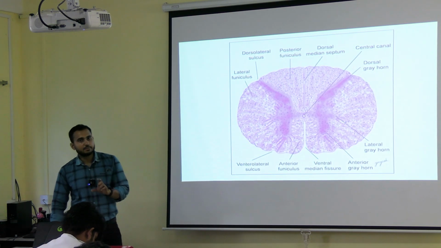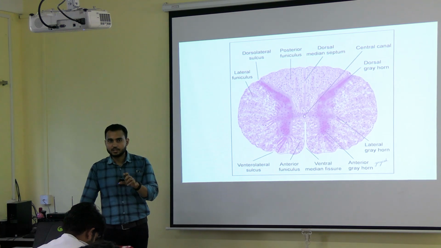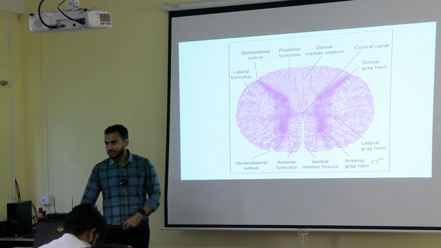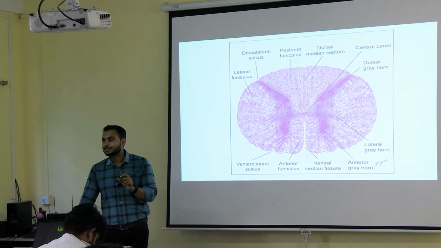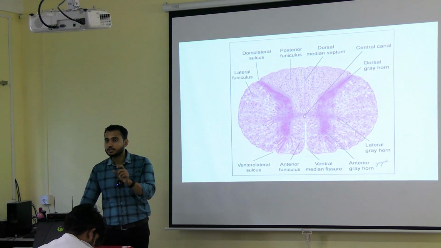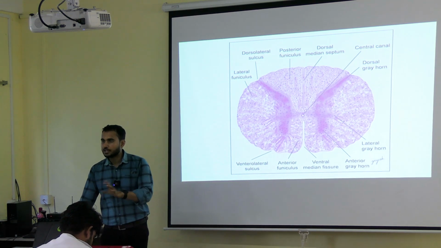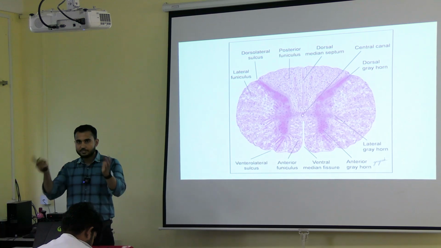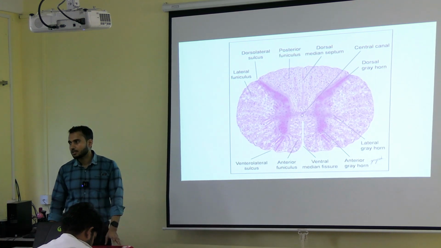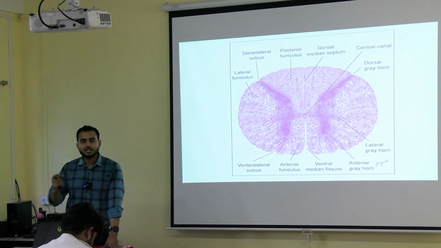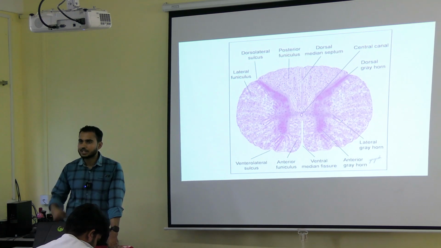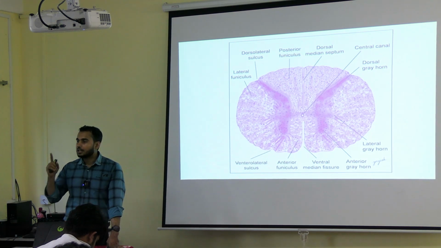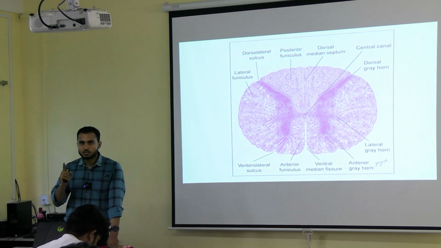Yes. If you see the staining difference between the central gray matter and white matter, what is the difference? What is present in the central gray matter? Cell bodies. Okay, cell bodies of different types of neurons are present. That's why the appearance is a bit darker. It will be darkly stained. And the peripheral white matter, as you can see, is pale staining or light staining because only fibers are there. Along with the fibers, some neuroglial cells are present, and along with that, blood vessels are also present. Okay. And the central canal.